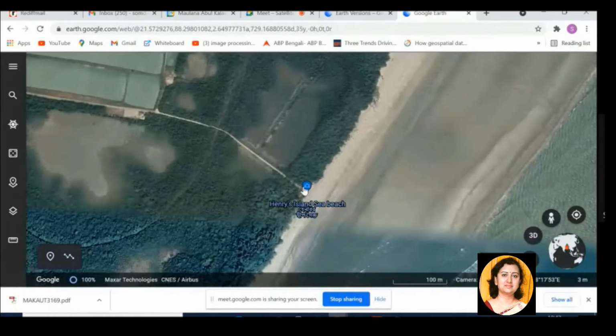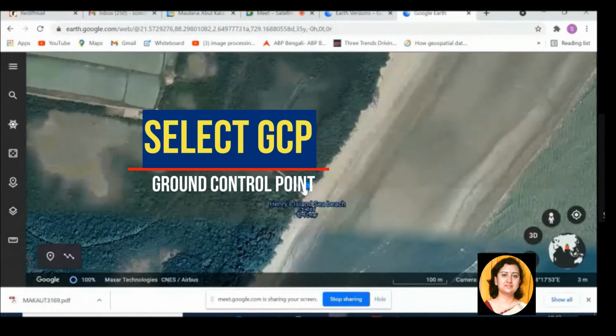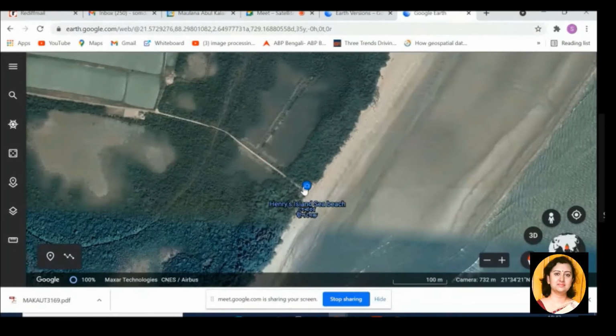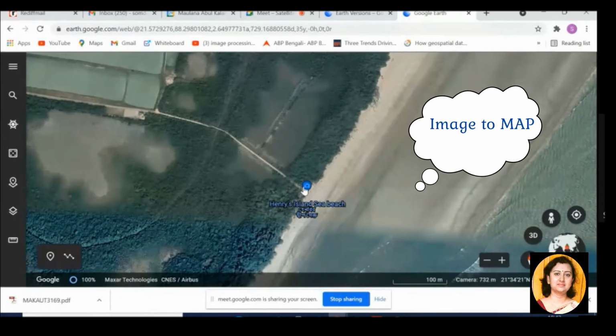what is the next step? The next step is you have to select GCPs, ground control points, isn't it? First you select a method. What is the method that I have selected here? Image to map. Okay.